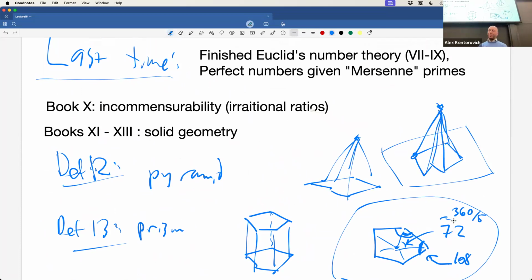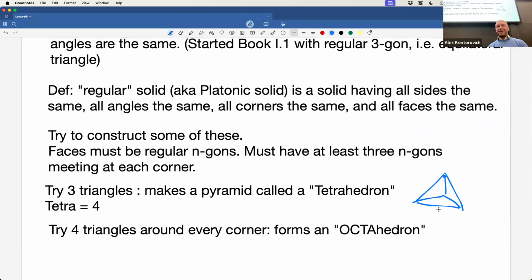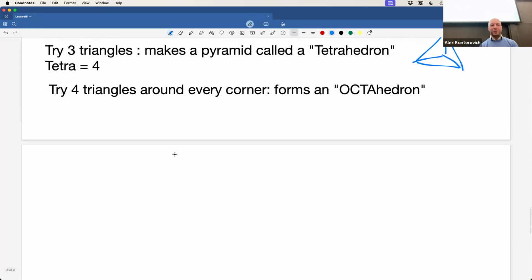Okay, so I want a regular pyramid, which means it's the same everywhere all around. The base is the same as any of the sides. That's a perfect regular pyramid, which has the name tetrahedron. Okay, and then if we have 4 triangles around every corner, so here's a corner that has 4 triangles around it. Hopefully you can see there's a square down the middle. In fact, if you take a perfect square pyramid, and glue another square pyramid to the bottom, what you'll get is the octahedron.